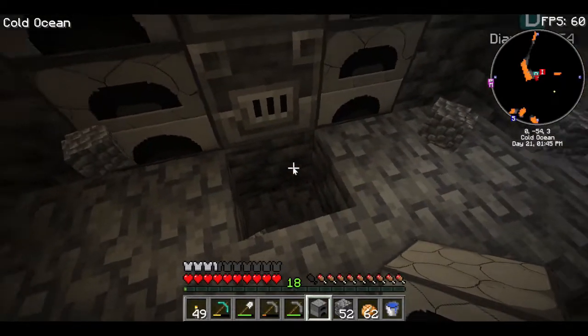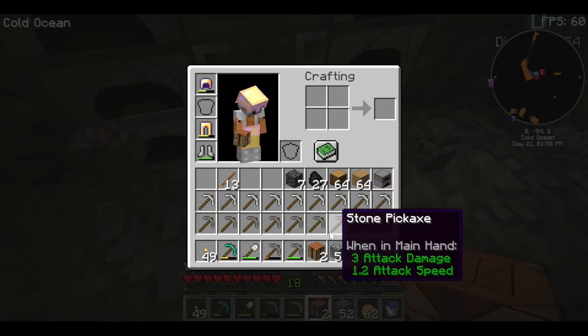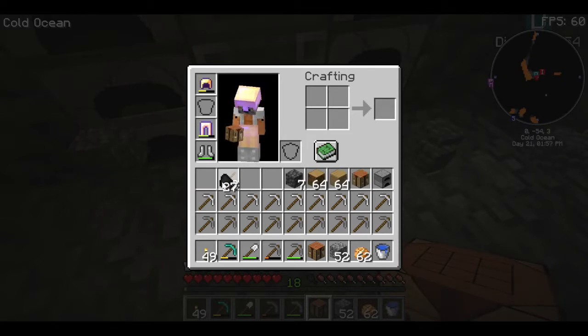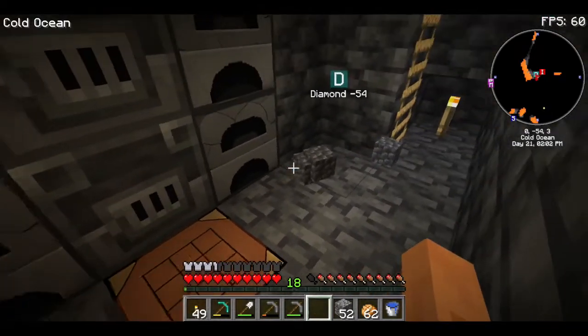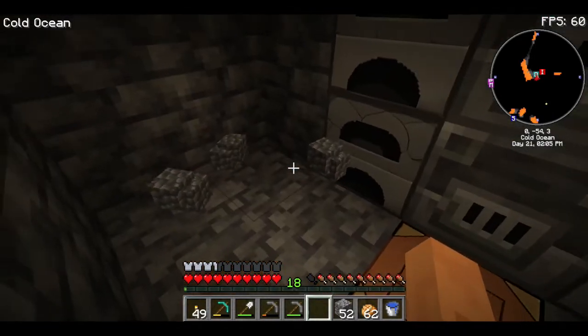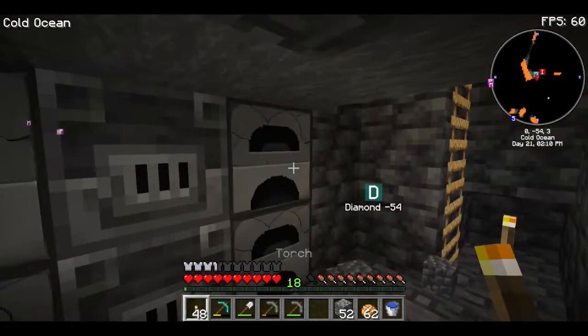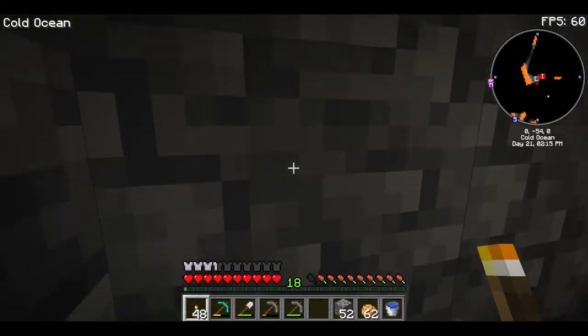All right, so we got that done, and then we got our crafting bench. And we'll keep one crafting bench with us and one furnace. Okay. And let's light this up. I don't think it's going to be a problem because it's a torch situation. But we're going to head this way